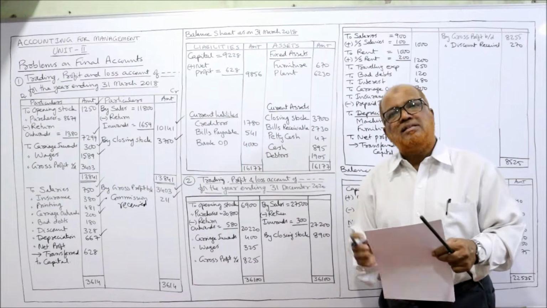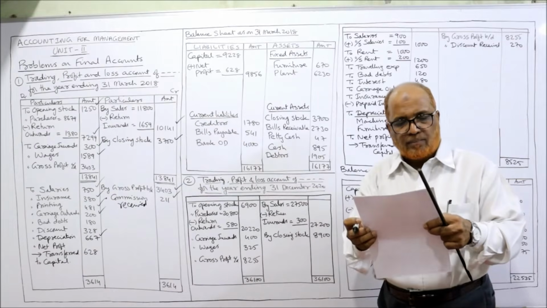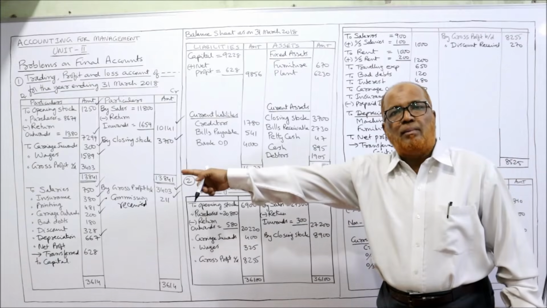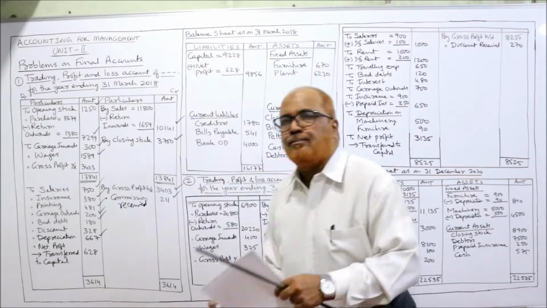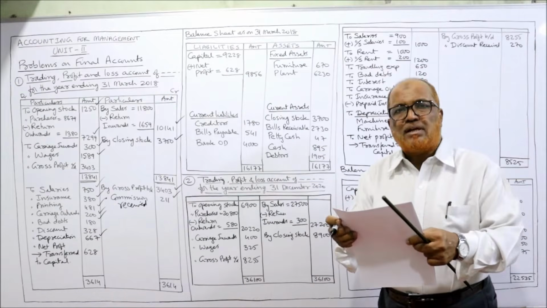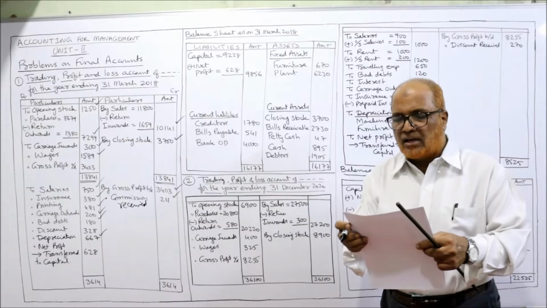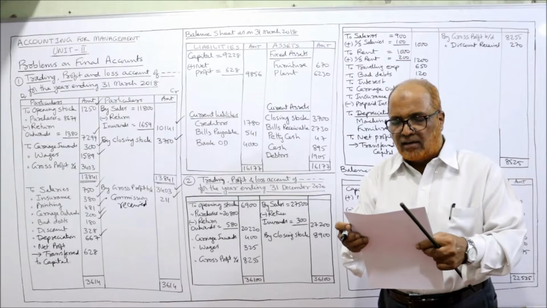Then bills receivable is an asset. Then wages. Already we have taken wages in trading account. Petty cash, asset, bad debts. Bad debts will be taken on the debit side of P&L account. So here I have taken bad debts 180. Then capital, liability, creditors liability, bills payable liability, plant asset, return outward over, cash balance sheet, salary 750 taken, debtor